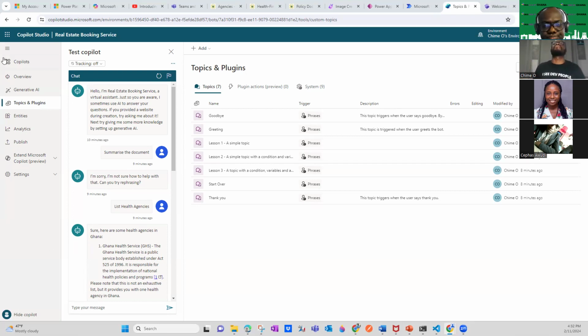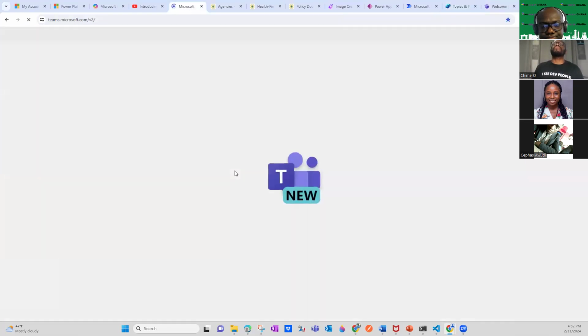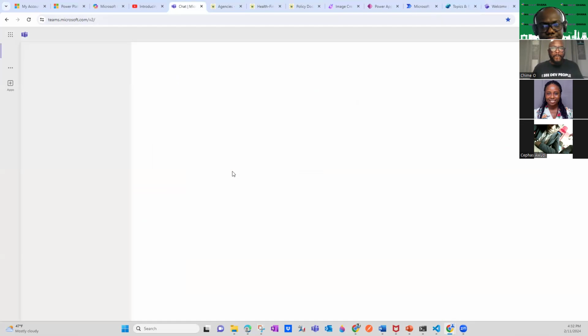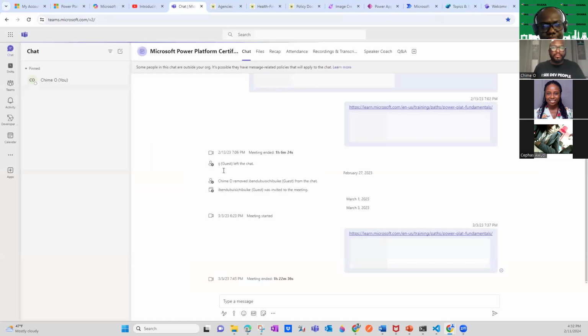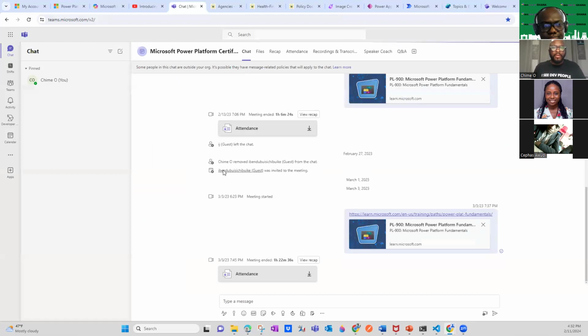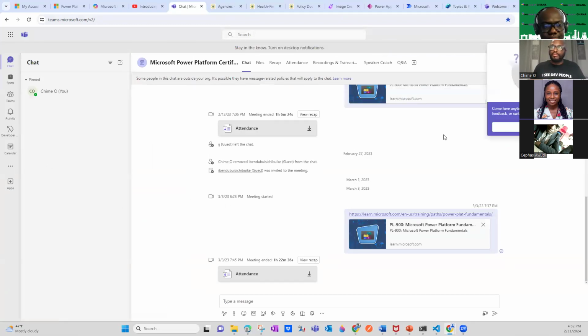Okay, so one final question. I think there's a question on whether we offer training for how to use Microsoft Copilot, and are there any security considerations we should be aware of? So training or certification, and then security considerations. I think Fred could take a portion, and then Chime could do the others.